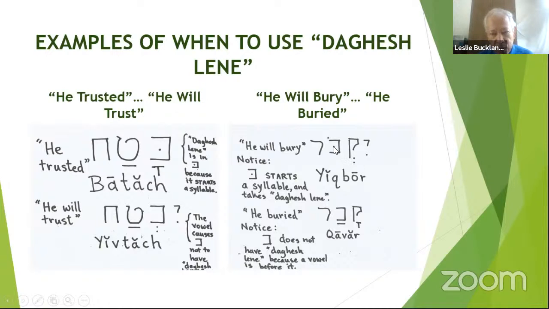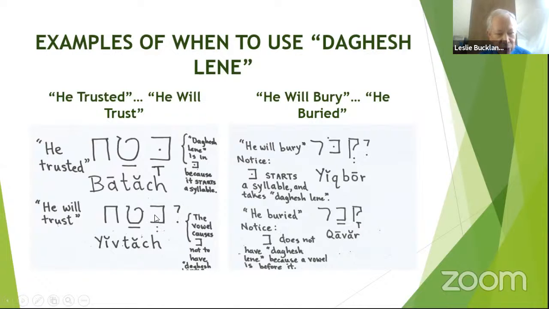If it were really a vowel, we couldn't put Dagesh Lenny here. So Dagesh Lenny is put in a consonant when that consonant starts a syllable, either in the beginning of a word like you have here, batak, or in the middle of a word like you have it here, yikbor. This is the middle of the word. This is the beginning of the second syllable. So we put the Dagesh Lenny in both of them. Down here, yiftak,